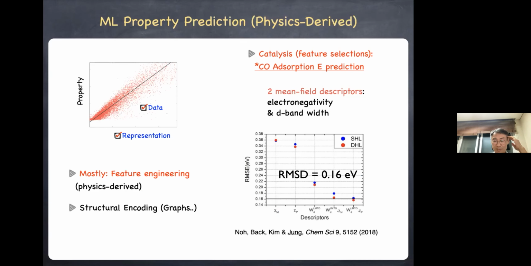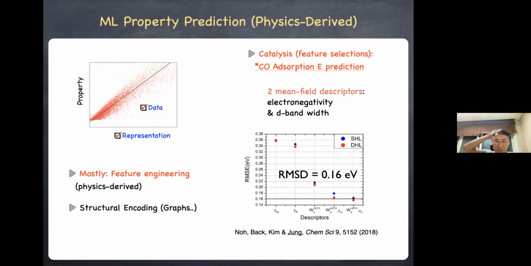For example, for catalysis applications, where you want to predict the binding energy of CO on top of various metal surfaces, you can use some kind of mean field descriptors like electronegativity or even the d-band width, and then predict the binding energy using these descriptors.